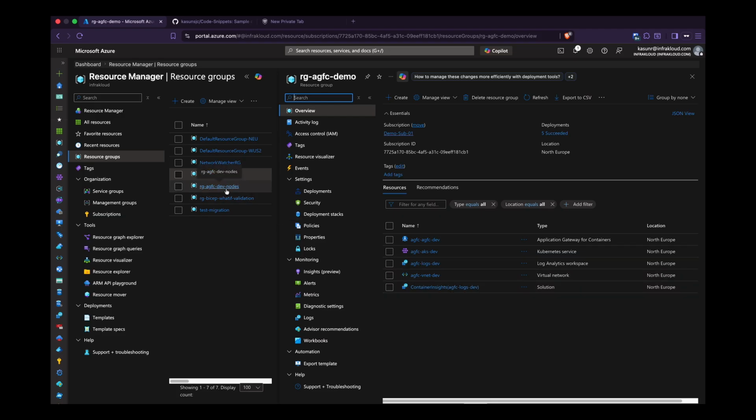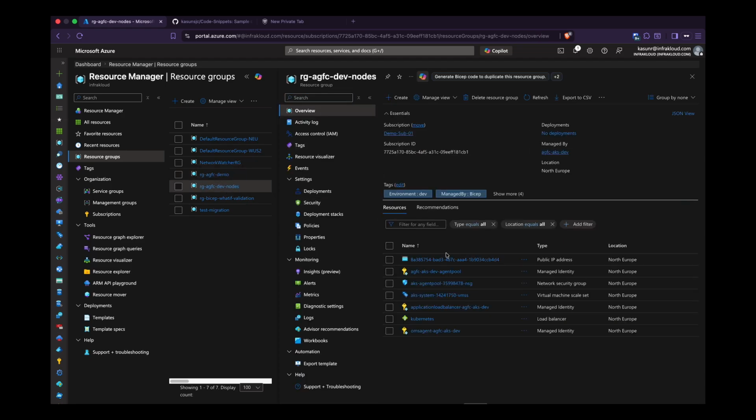But if you remember, in the managed solution, the application gateway for containers will be provisioned in the AKS managed resource group, because this resource group is managed by AKS,